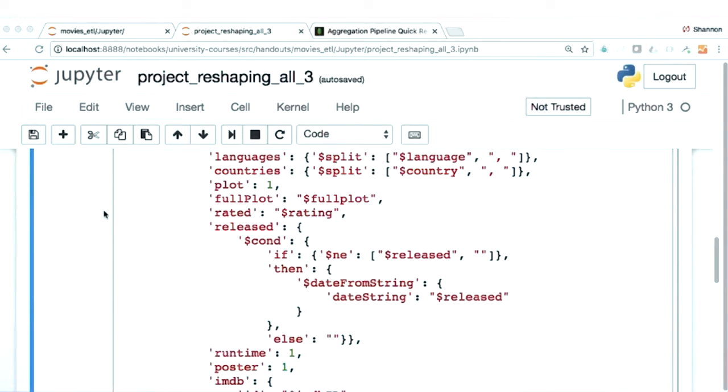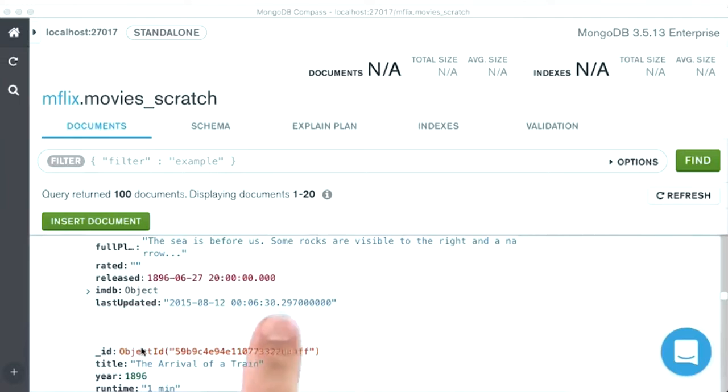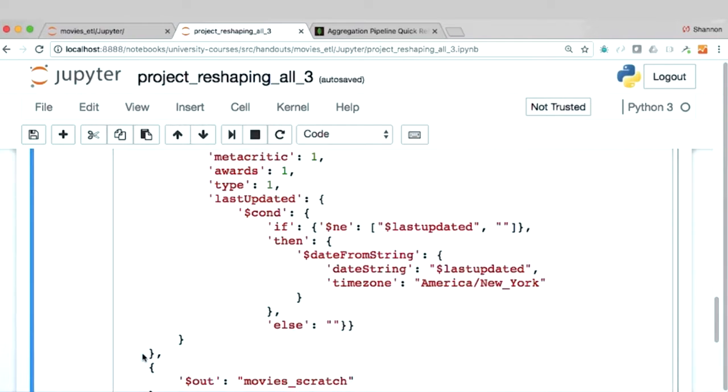So continuing with the reshaping that we're doing here, as we did with released, let's parse a timestamp out of the last updated field. As we look at that field as it currently exists, we can see that there's a timestamp here, but it is encoded as a string. And it has some extraneous data here, in fact, that means it doesn't quite match some of the standard timestamp formatting that we're expecting. So what we'll do here is, using a conditional expression very similar to what we did for the released field, because again, last updated might be an empty string,